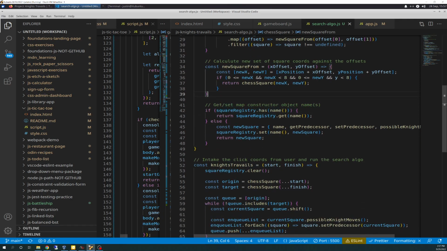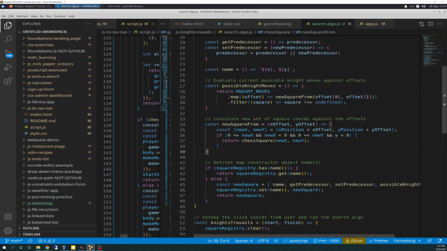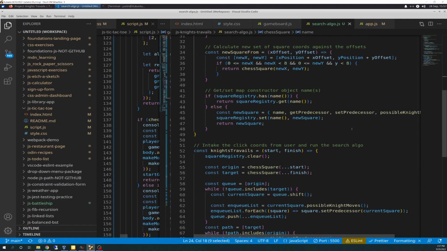So we have an if statement. If square registry has names, we're going to call that name that we had up here, a constant name. So basically it's going to retrieve the xy. Has is a map key that is basically a boolean that indicates whether an element with a specified key exists or not, and that works in conjunction with that map function. So basically we're asking if the square registry has the name of xy, we're going to return the square registry,